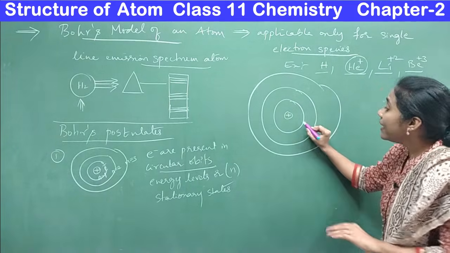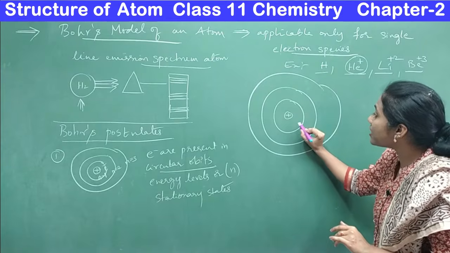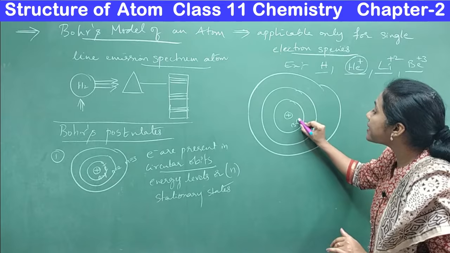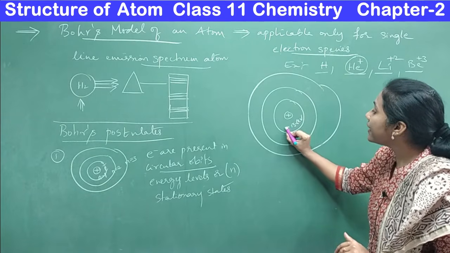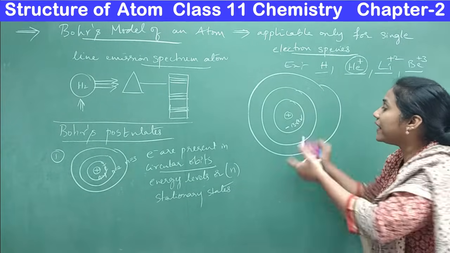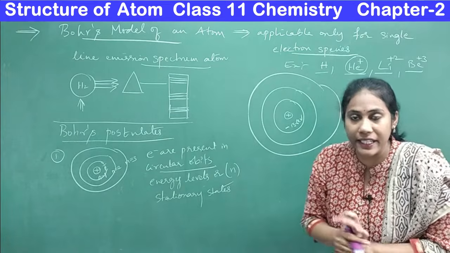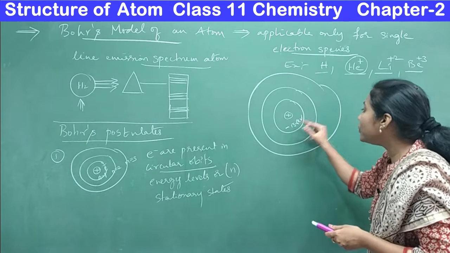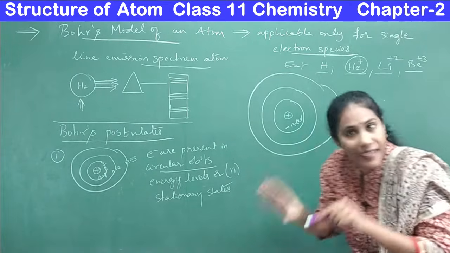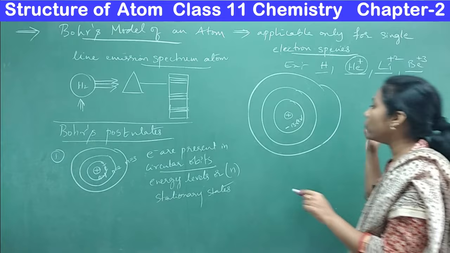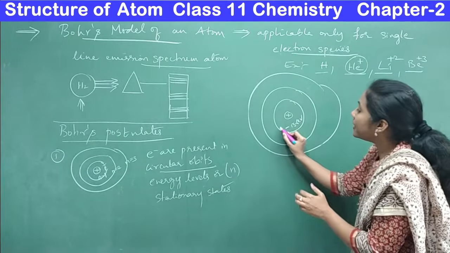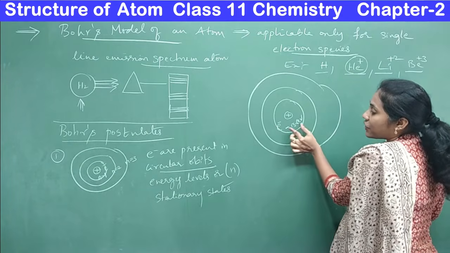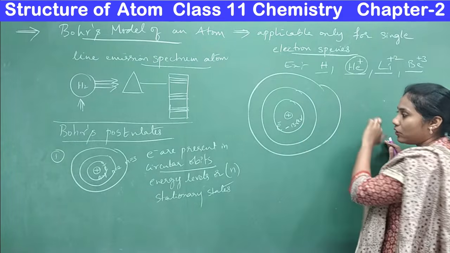and an electron present in the first shell will have an energy of around 13.6 electron volts. Here the energy has a negative sign. Why does it have a negative sign? I'll tell you a little later. Just concentrate on the value. And how do you get the value 13.6? That also I'll tell you a little later. Just try to understand the concept here. Imagine there is some electron in the first shell which has an energy of minus 13.6 electron volt.